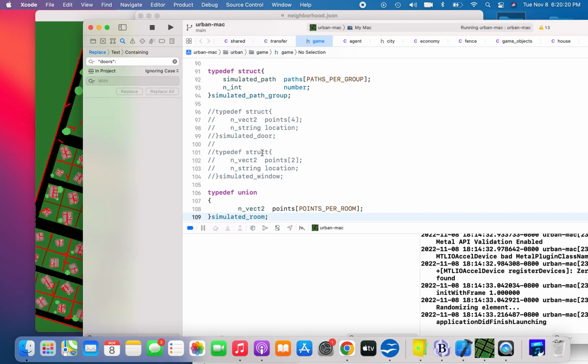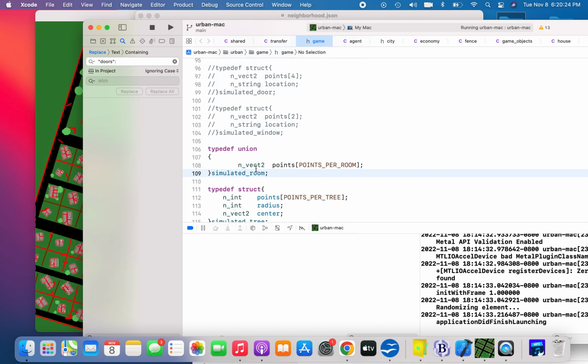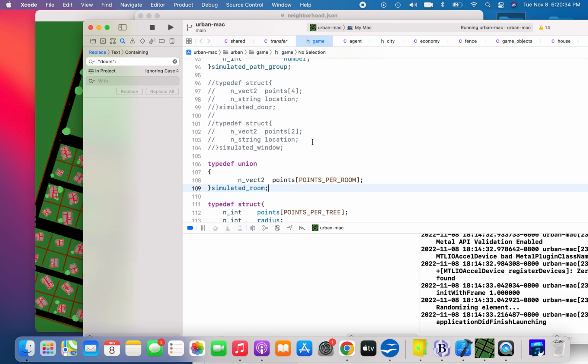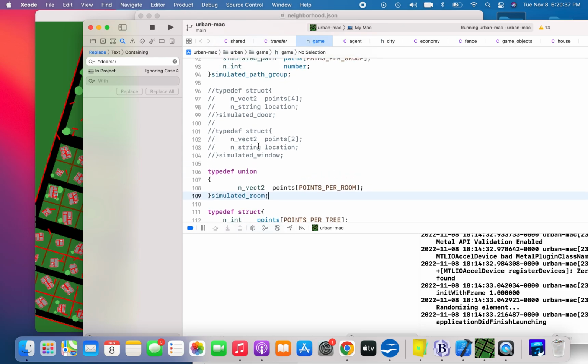And if you see here, for example, simulated windows, simulated doors, the primitives aren't even used anymore. It's simulated room, which is just a set of points, which works very well for London 1940. Not so much for the urban simulation, not so much for agents moving around rooms and opening and closing doors. So I need to reintroduce the simulated windows, simulated doors, allow the door to not just have a location and